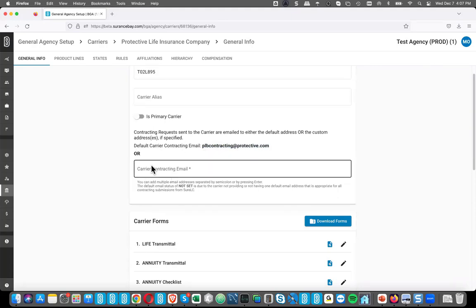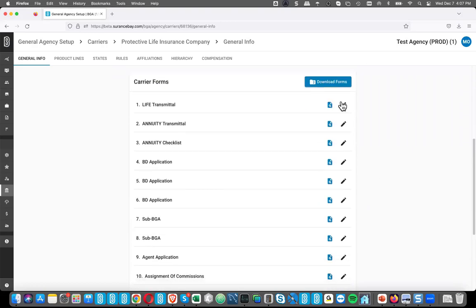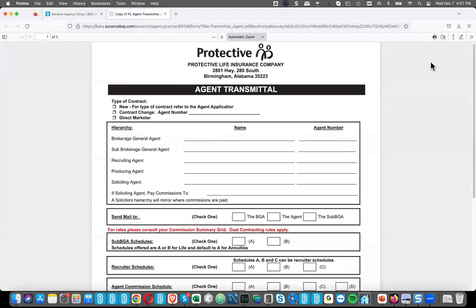And you can also put in any custom contracting email address that you want those requests to be sent to when you send them to the carrier instead of this address. And then here's where you can download all the carrier forms, or if you want to, just preview and download one specific form. So you don't have to download all of them anymore. You have the option to do that, or just grab one of them at a time.